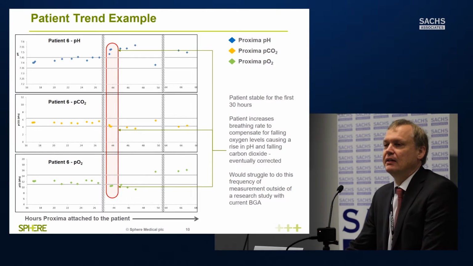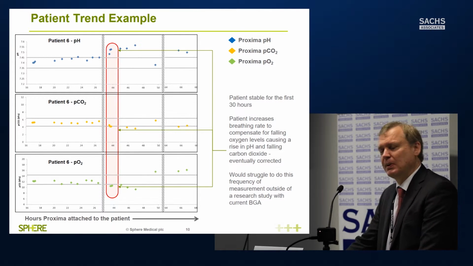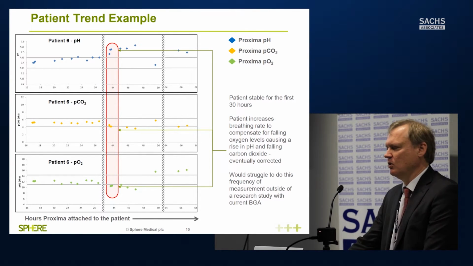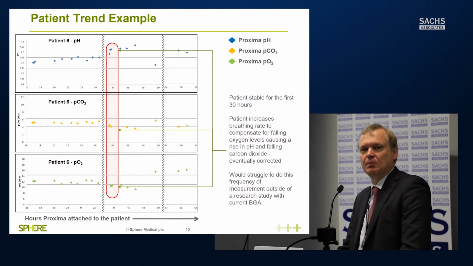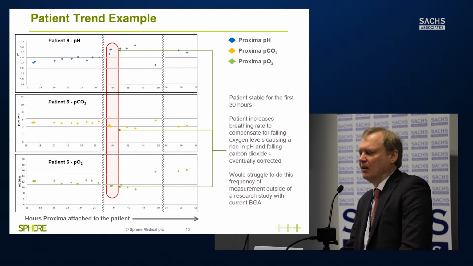range. Now the clinicians didn't treat the patient based on that, and what you can see, it took 12 hours for the patient to get back into the normal range. Now the whole idea is that if you react and measure very frequently, you can actually get the patient back into that normal physiological range within 1 or 2 hours. And this extended period of being outside of the range is where people feel that you have worse